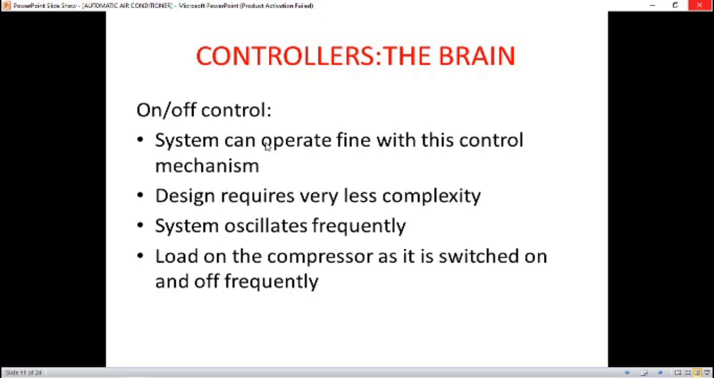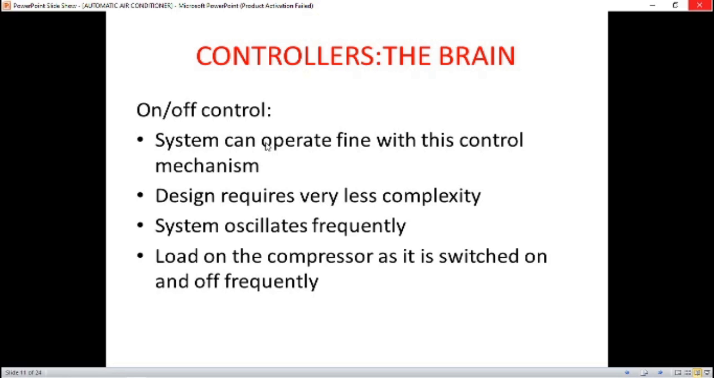So the controller will give the signal to the compressor that the motor should rotate, and correspondingly it will rotate until the temperature reaches 20 degrees. Now as it goes on rotating, and as 20 degrees centigrade is reached, correspondingly the controller will switch off,